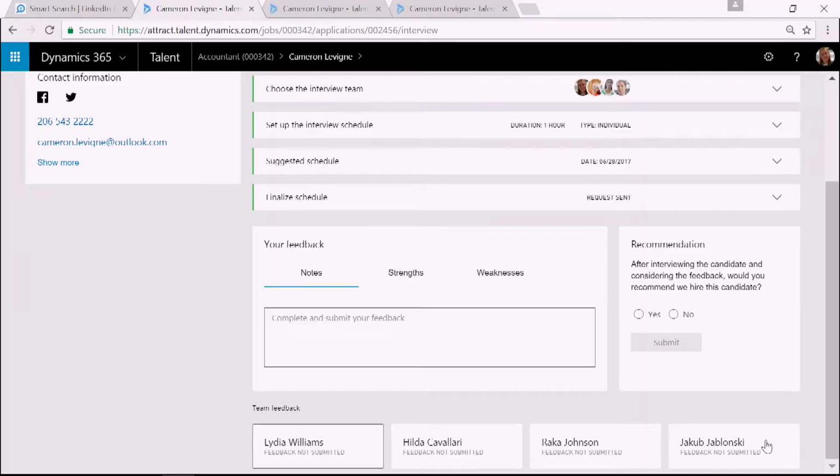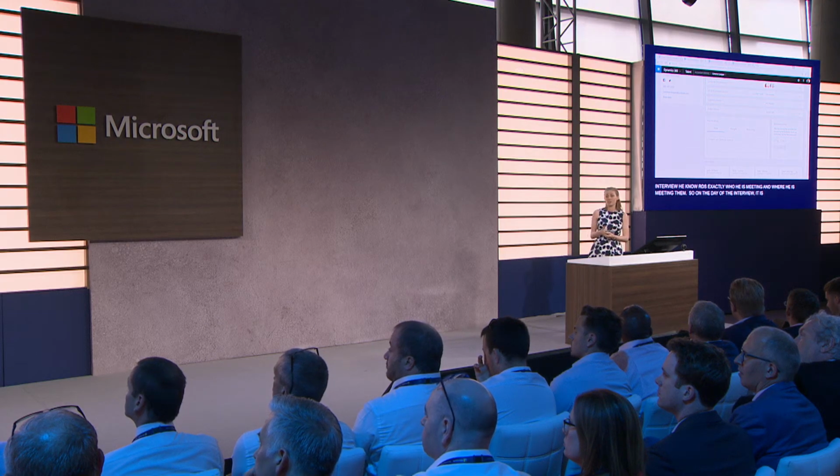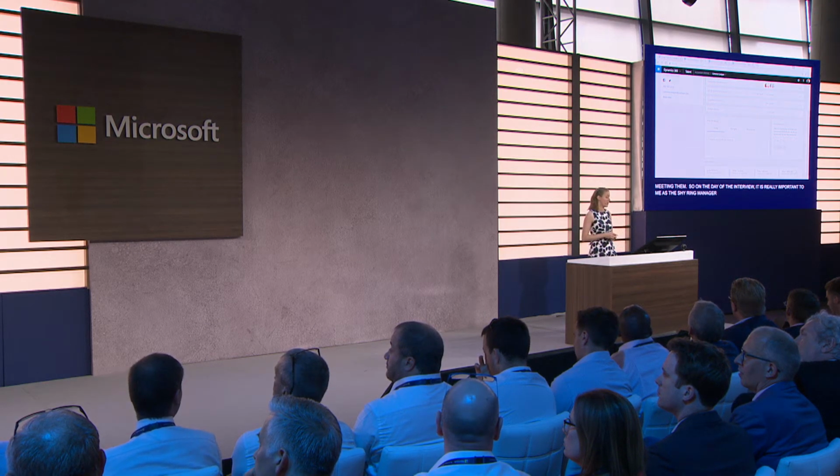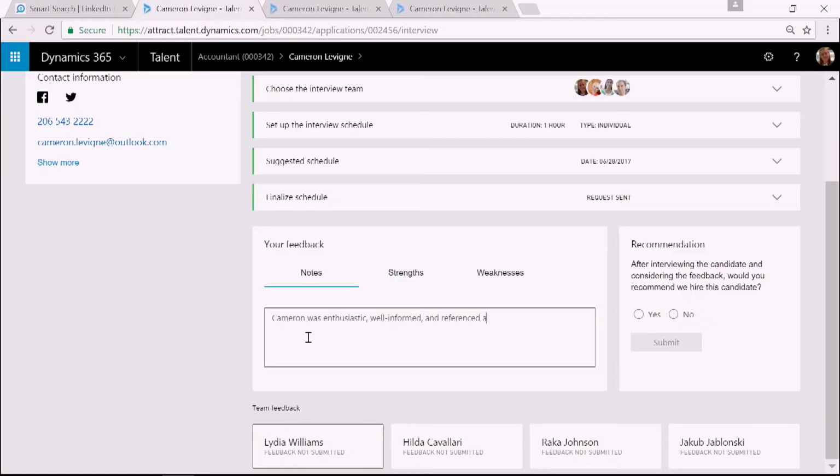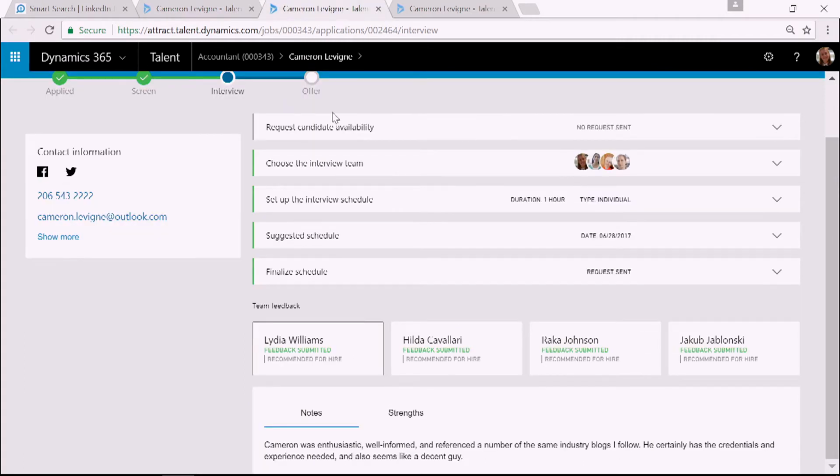So on the day of the interview, it's really important to me as a hiring manager to get my feedback from the team. So directly within Dynamics, they can come in and record notes about the interview, what their feedback was about Cameron, what were his strengths, what were his weaknesses. And then finally, they can give a recommendation about whether they think he should be hired. So meeting him, he seemed like a fantastic candidate, definitely someone that we'd want to hire. We can actually see here now all four members of the interview team have responded,